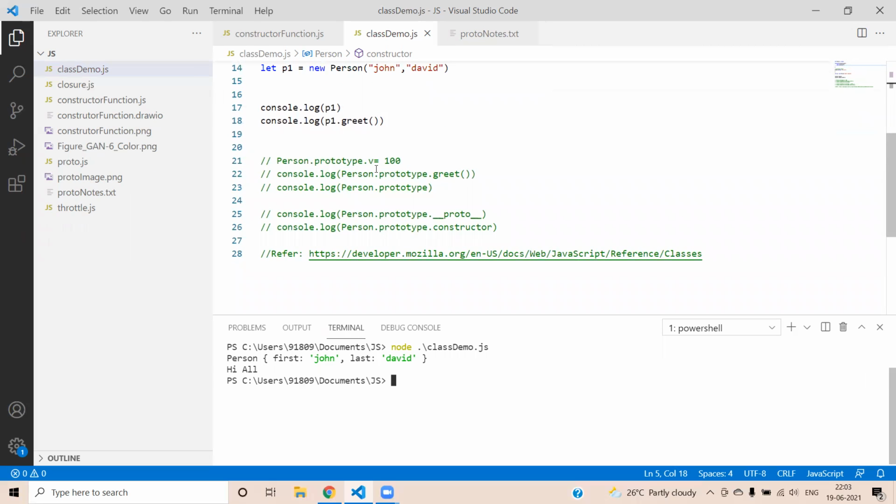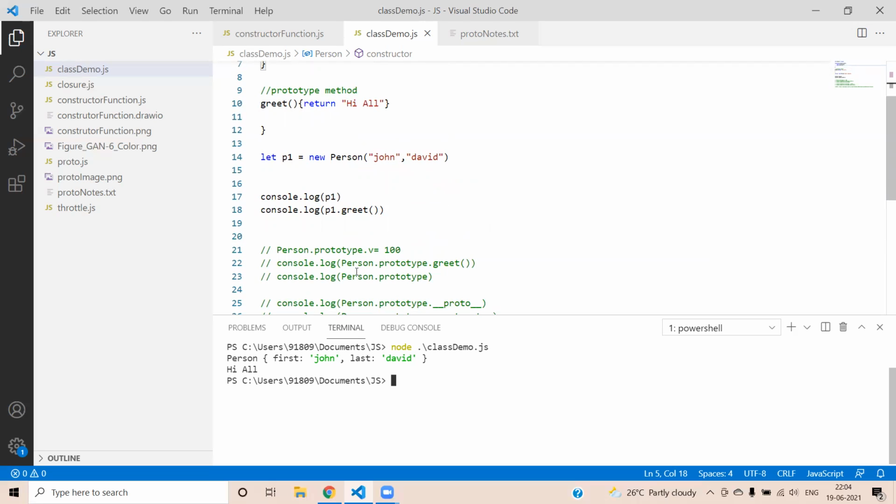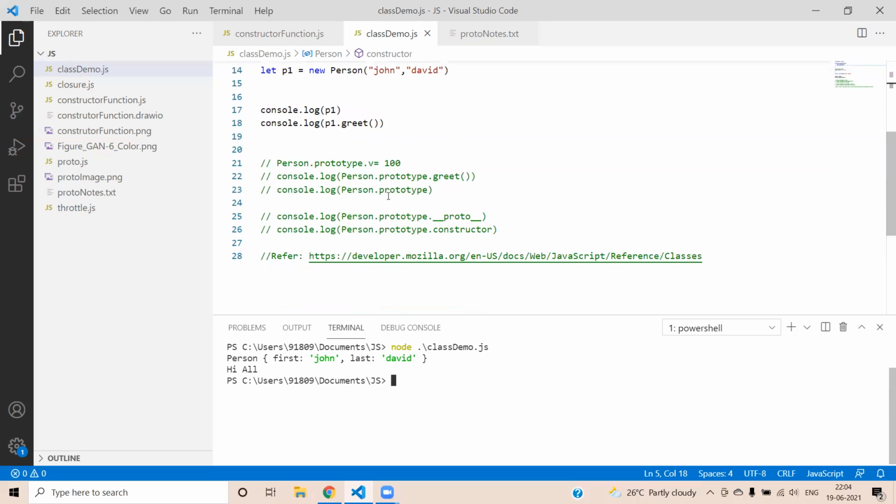Apart from that, we have other things. For example, even though we have the class keyword, we can still use the prototype object. Whenever you have other methods, they are implicitly attached to the prototype object. We don't need to see that, but we can still call that method by using Person.prototype.greet. At the same time, after creating the classes, we can still attach some properties to the prototype object so that it will be shared across all the instances. Whatever you attach after the class declaration, you can see in Person.prototype.